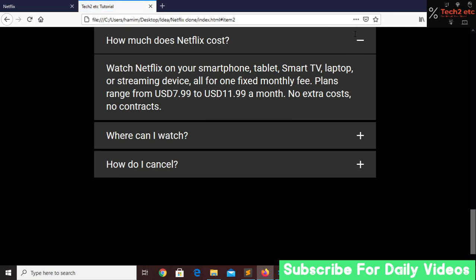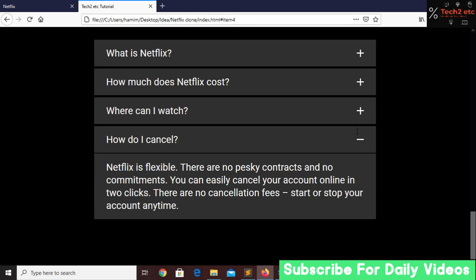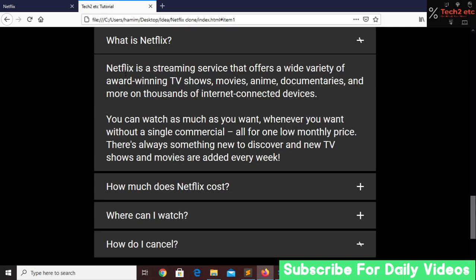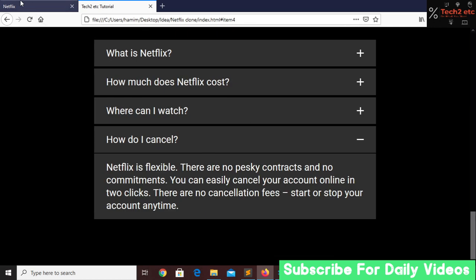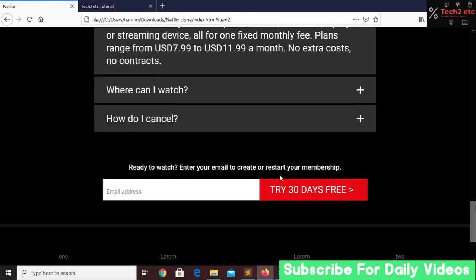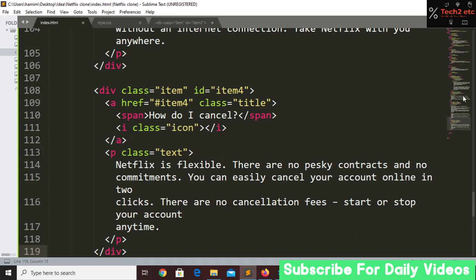So here you can see that our item and our icon is changing. Okay, if we now click on this, you can see that our icon is changing again. If we now click on this, our icon is changed. Okay, and this effect is looking good. So yeah, now our list item is done. Now after list we have to create our this thing here also. So that's why go to our text editor and